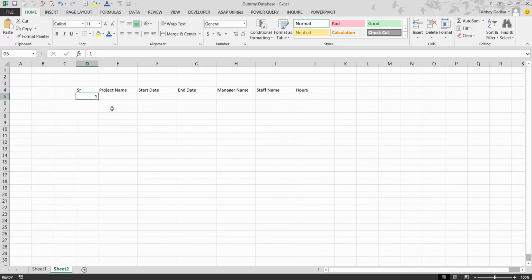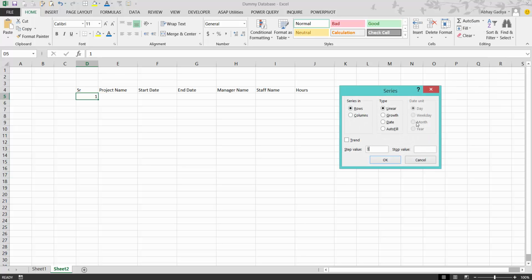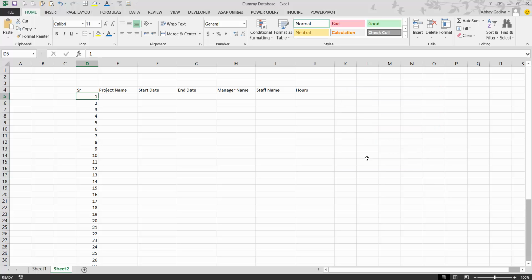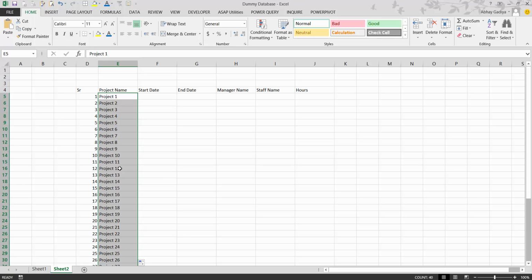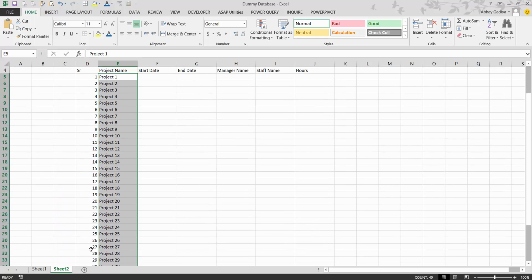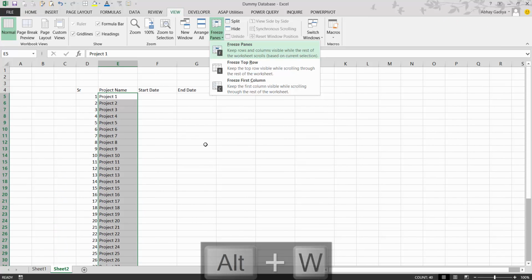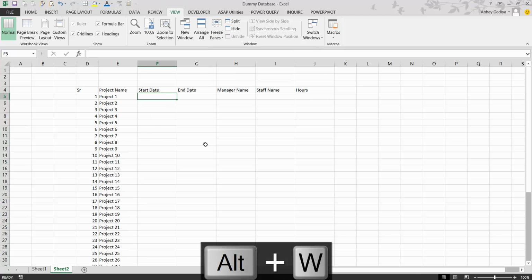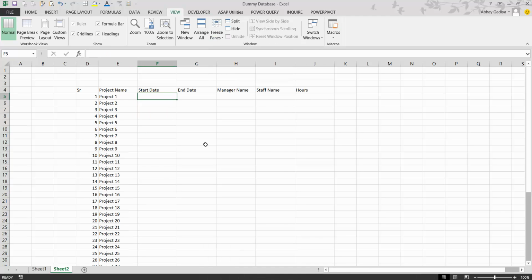So let us start typing 1 over here, and we will insert the first 40 projects only to start up with. Column, select field series and click OK. So it will insert 40 numbers over there. So let us start typing project 1 and just double click this icon over here. So it will insert till 40 rows over here. So it is the project name. I'm just giving random names. If you have the original or exact names, you can insert those, but for the timing I'm just giving the project 1, 2, 3, etc.